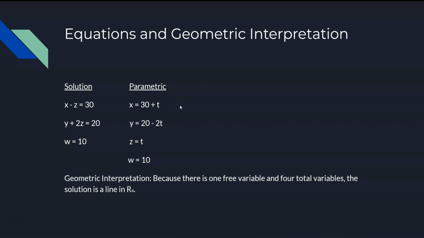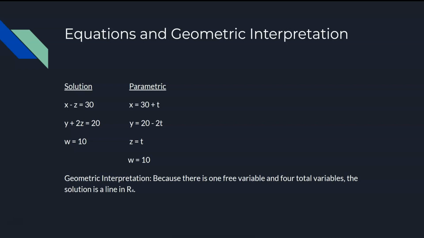So from this simplified matrix, I was able to create 3 equations which are shown on the left. These are x minus z equals 30, y plus 2z equals 20, and w equals 10. So from these 3 equations, I was able to set z as the parameter, which I would show as t,